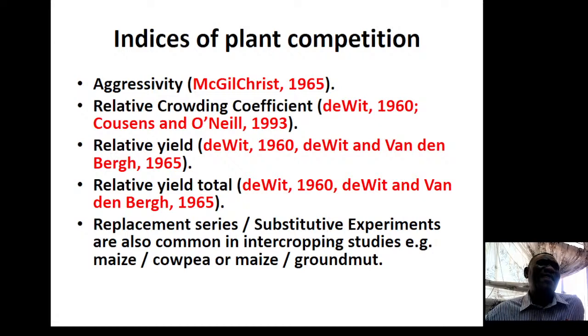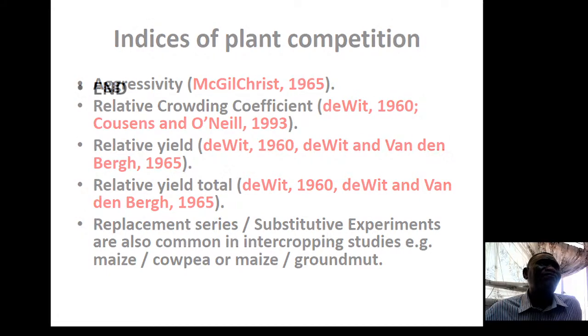The replacement series or substitutive experiments are also commonly used in intercropping studies, where you may combine maize, cowpea, or maize and groundnuts. This is it on the effect of density. So let me